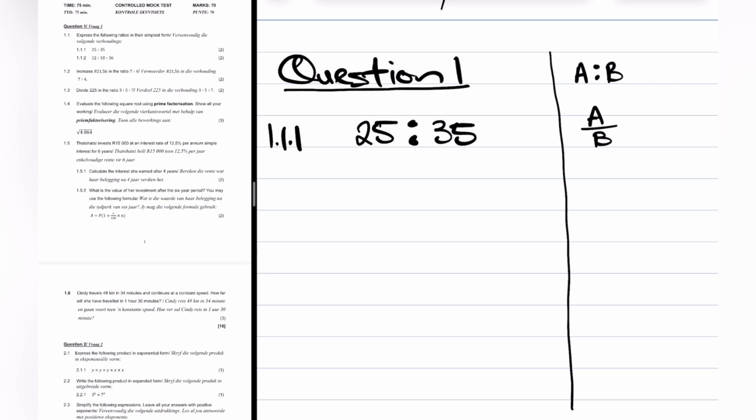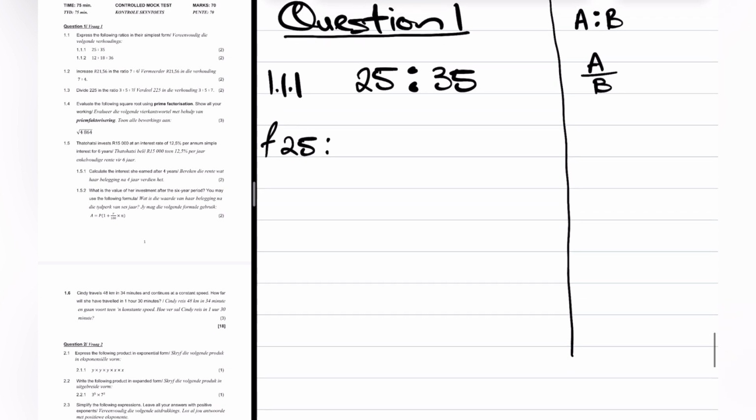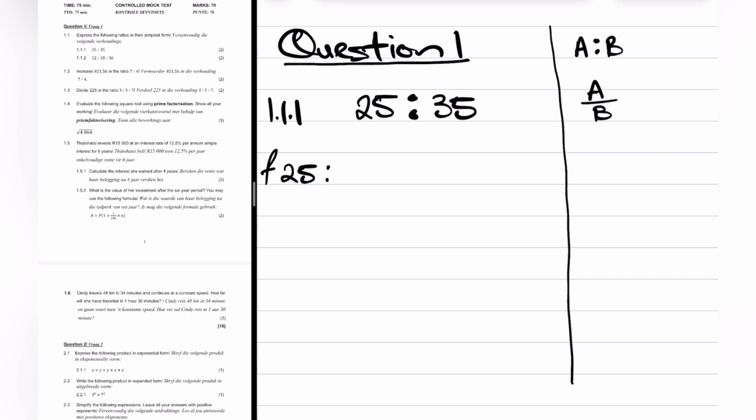Looking at the numbers, of course, we can quickly determine that it's 5, but if you are not able to do that quickly, the way to find it would be to take 25. I can write f, or factors of 25, and we can literally just write out all the factors quickly. This works, of course, for small numbers. Once the numbers get higher and higher, as in getalle groter word, then this method will become a bit tedious and impractical, but for this particular question, it will still be okay. So the factors of 25 would be, of course, 1. 1 is a factor of every natural number, and then also 5,